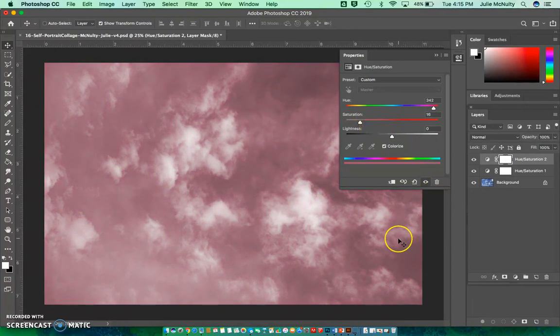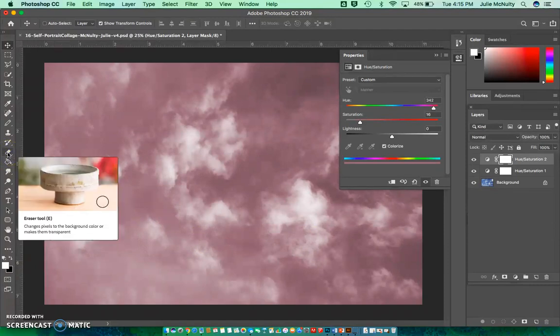Play around with it until you like it. All personal preference there. All right, now I'm going to select the eraser tool, which is about halfway down the toolbar there. If you hover over it, it'll confirm that it is the eraser tool, or you can hit E for a short